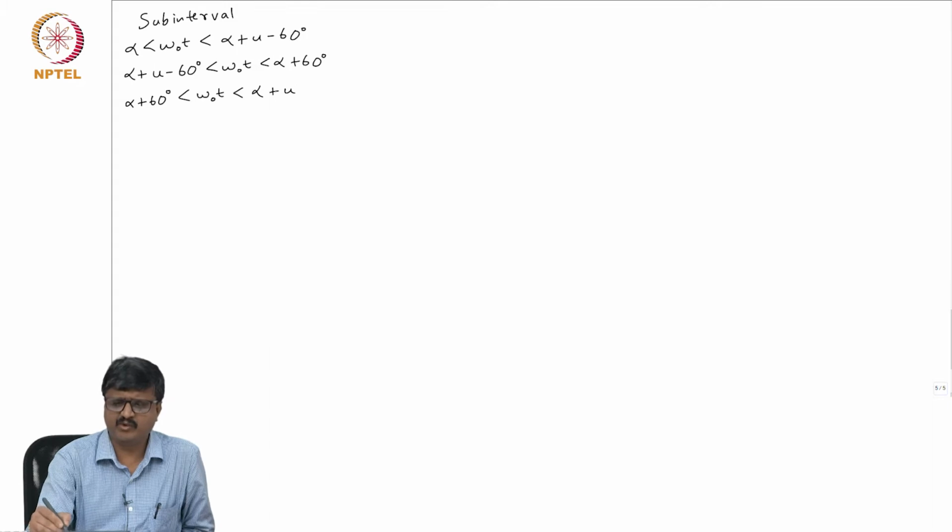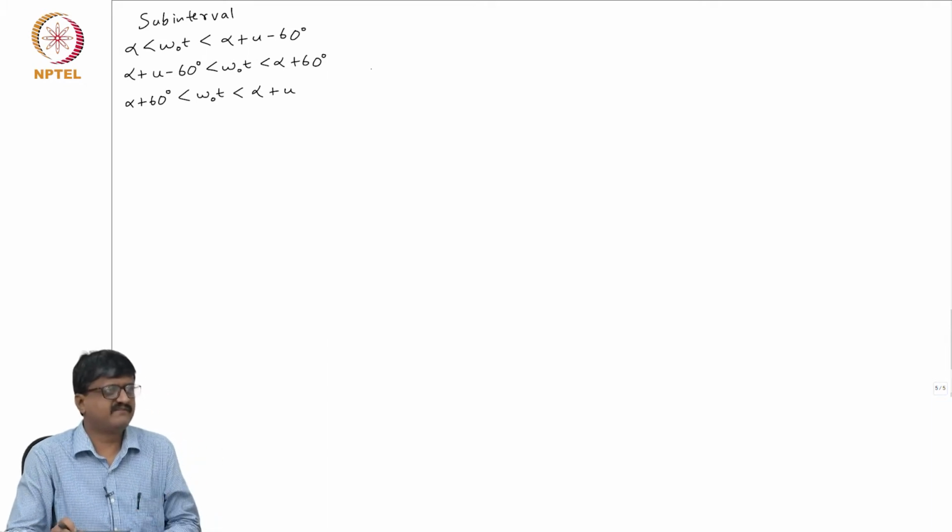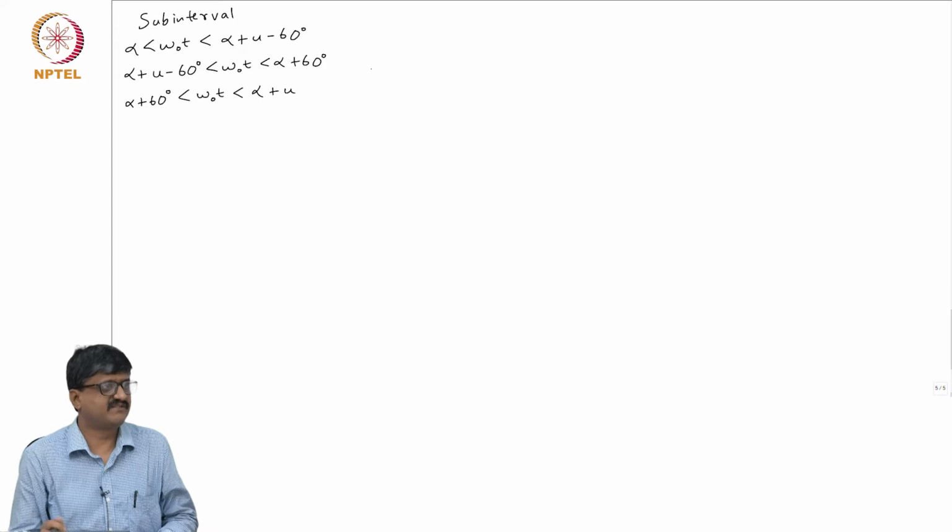See how to get that? Go 2 steps backward, add 60 degrees, that is all. Once you know the first sub interval, you know the second sub interval. The end of the second sub interval is the beginning of the first sub interval plus 60 degrees. So, if you want to just write any row, go back 2 steps backward and add 60, that is all.